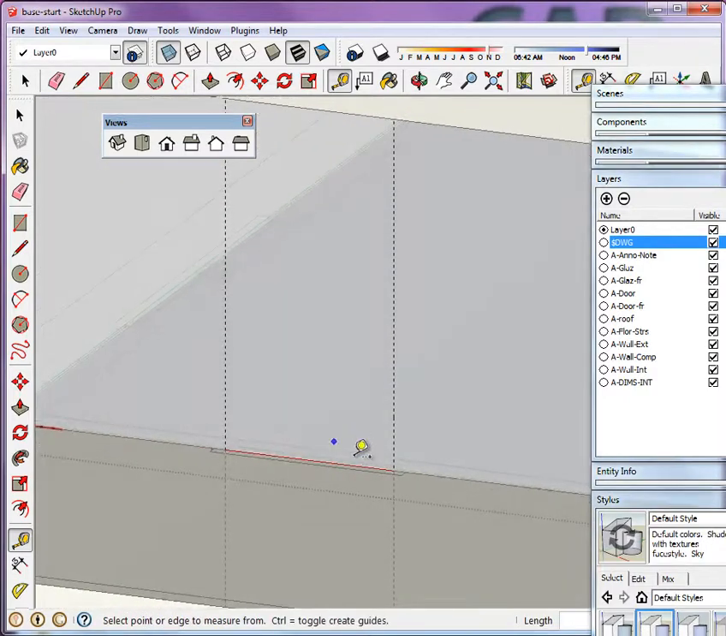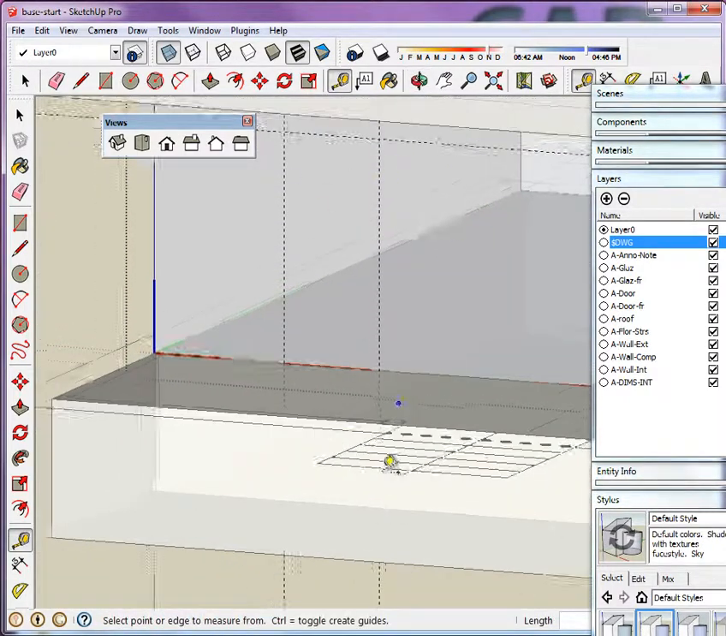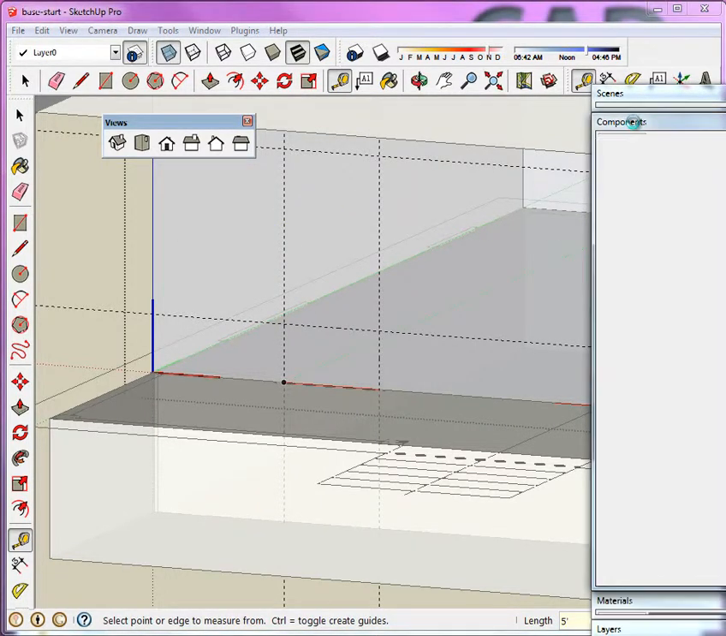As you can see when I zoom out, there's the top, and then I could use that to offset a line going straight down along the Z axis. Again, make sure you see the blue axis, and we'll do that at 5 feet. Once you have that, you can use your components,